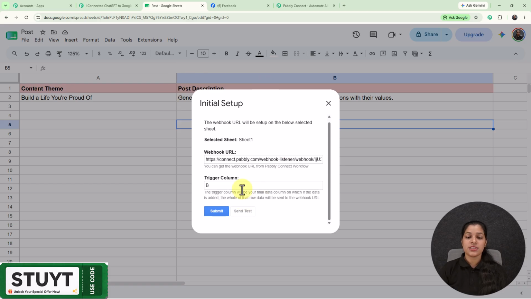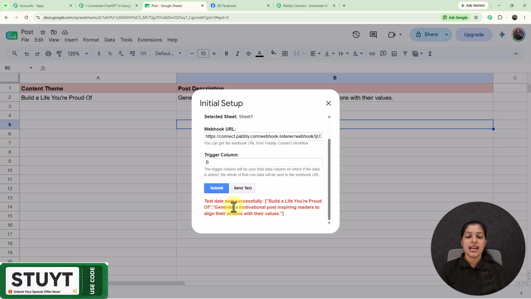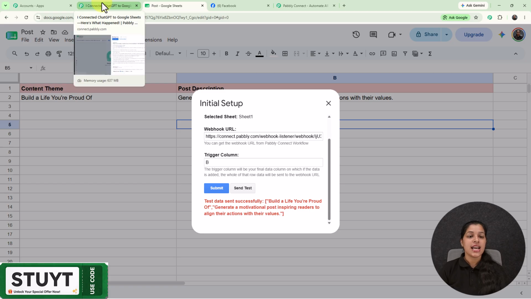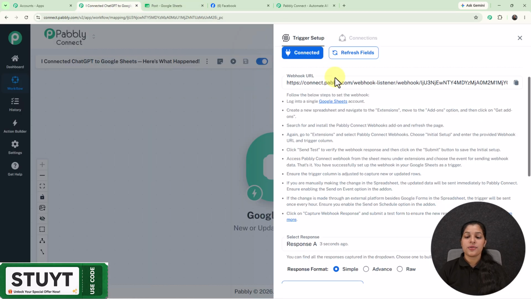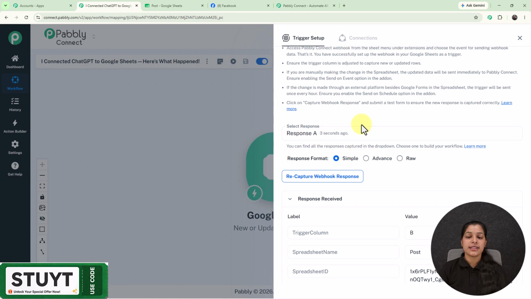Now we just have to send this test data to the Pabbly Connect. So for that we just have to click over this send test, and here you can see that my test data has been sent successfully. So now let's move on towards my Pabbly Connect and check for this data. So right here you can see that 3 seconds ago we have received this response, that's the response A,